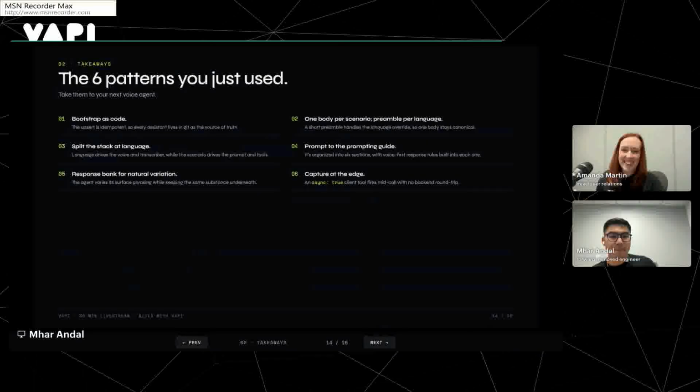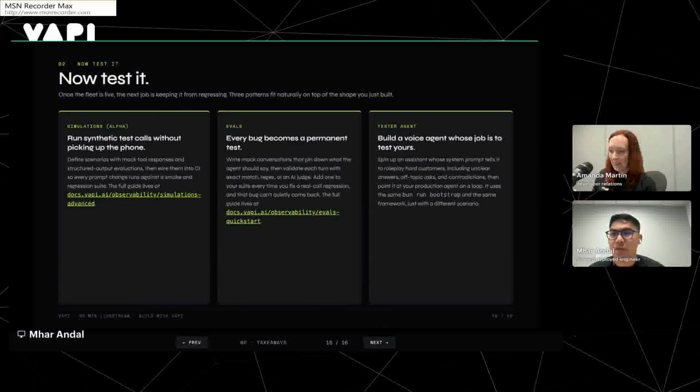Cool. So after we built all the assistants, it's a lot of assistants to handle and manage and test. I've thought of three different ways that you could potentially test and make sure that these agents are working the way that you think they should be. So in VAPI, we've got a feature called simulations that's still in alpha, but you can go ahead and try it, but essentially it allows you to create simulations